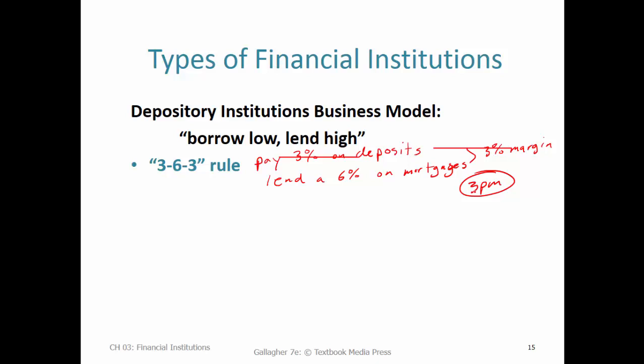You've got to pay less on the deposits than you earn on the loans that you make, and the difference, the spread or the margin between those two rates, represents the income stream of the bank. Of course, there are some expenses to cover, so that's not going to be the net income. After the expenses are paid for, there's some profit left over, hopefully, for the bank.